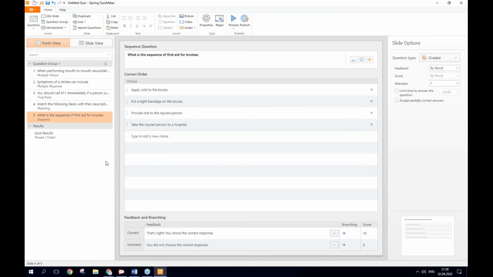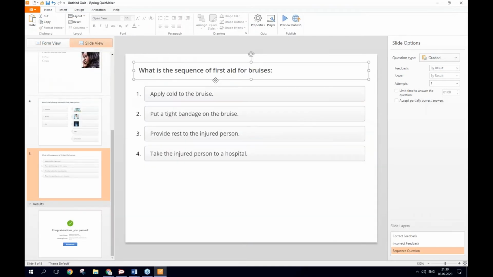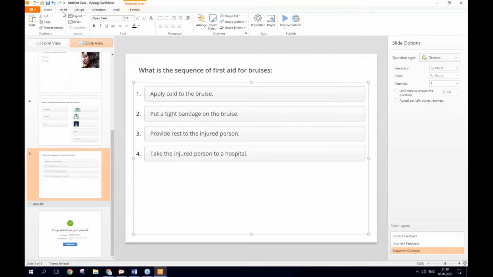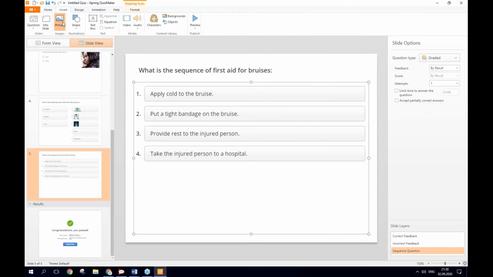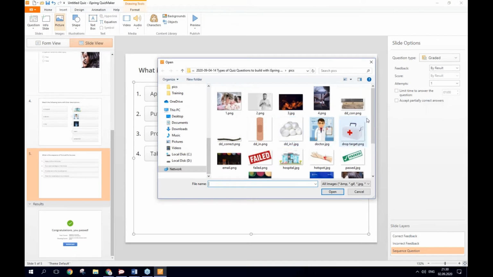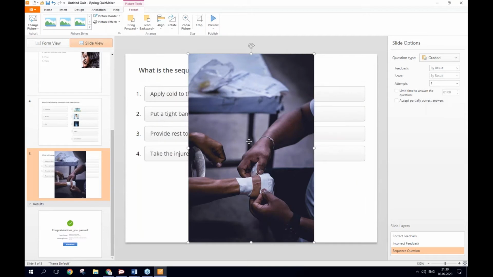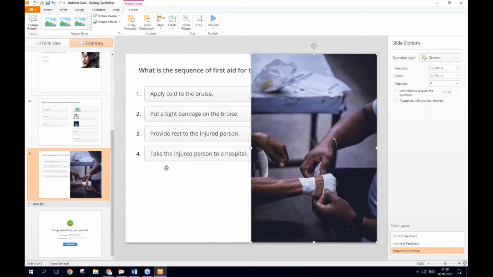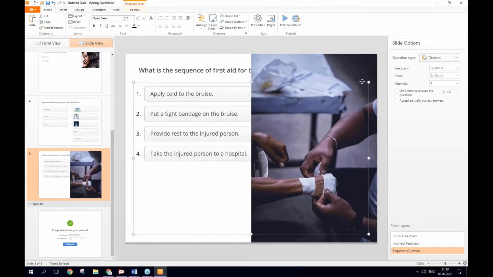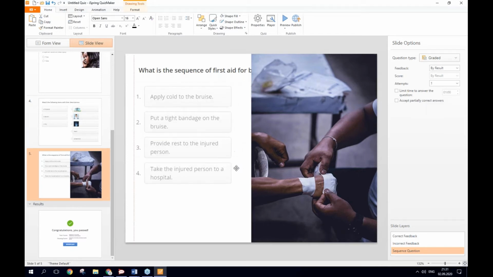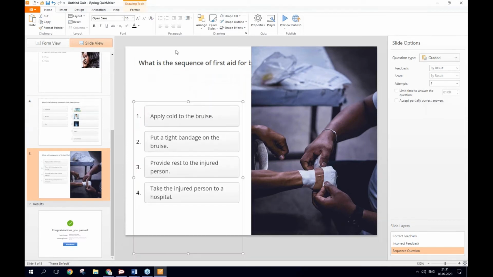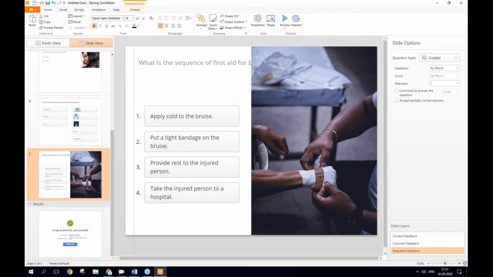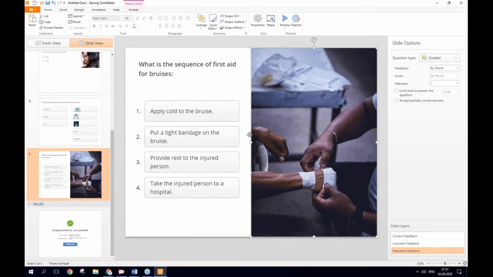So let's add a picture now. To do that, we need to switch back to slide view and add it. So I will click on insert, then to picture, on picture, and we'll select this one for this question. Let's move it right here. And also we need to resize a bit our questions so that they will fit our slide better. Okay, that's it. The question is done,